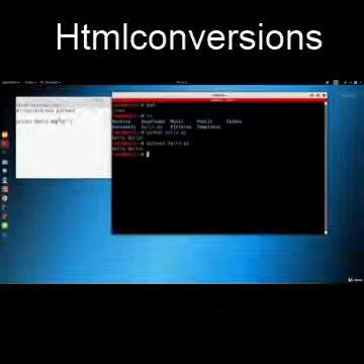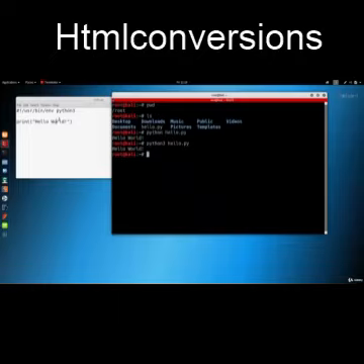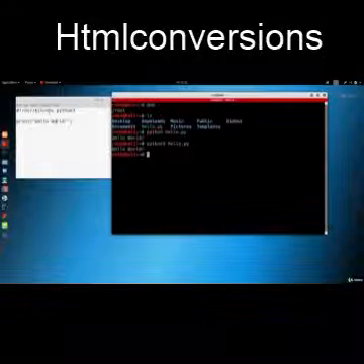Now, I should also mention some languages such as C, they would require you to compile the code before running it. So compiling the code will actually convert the text that you have in here into another file that the computer can understand. And then instead of running this file, the source file, you will run the file that the compiler produces. And we'll actually see how we can convert Python code, Python